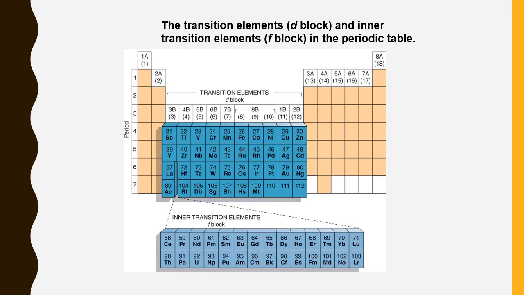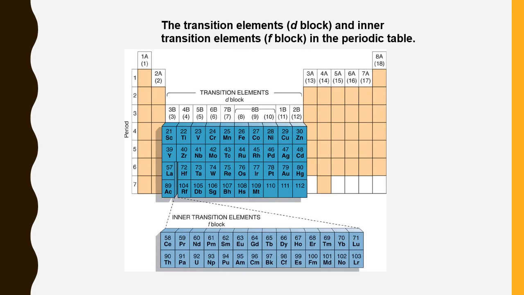Likewise, atomic number 39, yttrium, to atomic number 48, cadmium. Which period? Fifth period elements. This also has totally 10 elements. We call it the 4D series. The added electron enters the last 4D orbital, following the Aufbau principle.